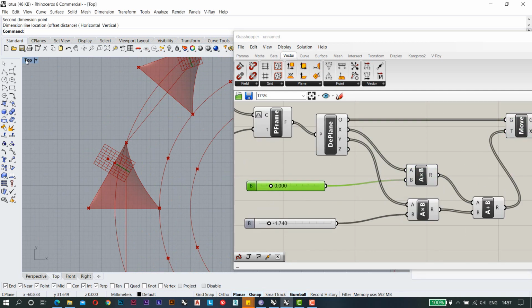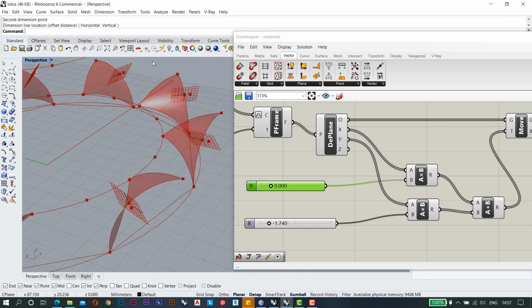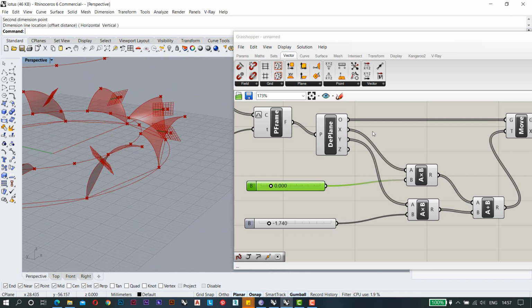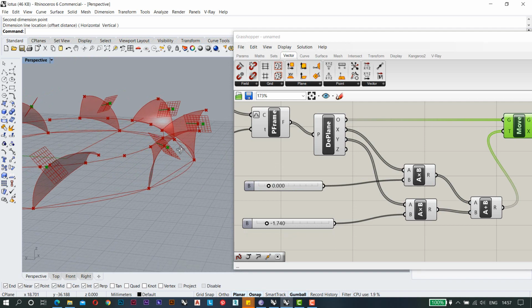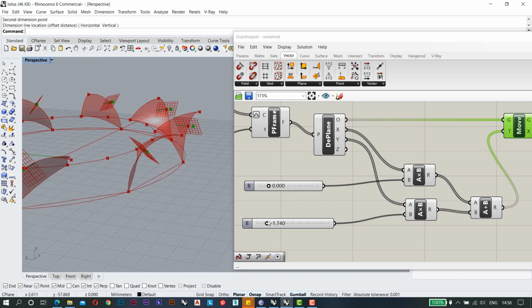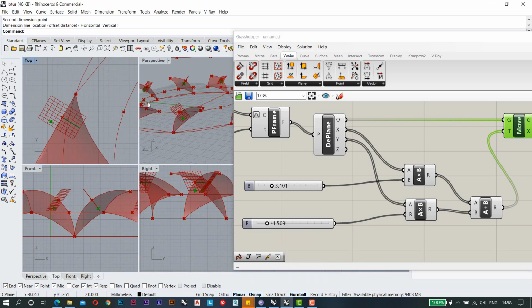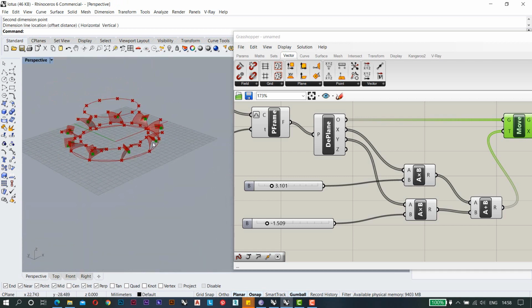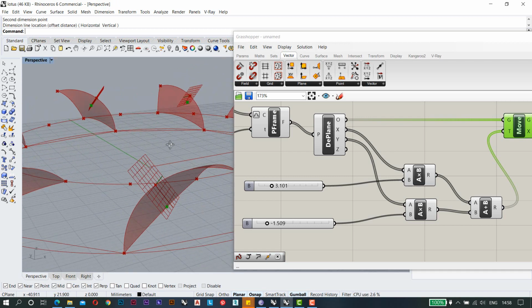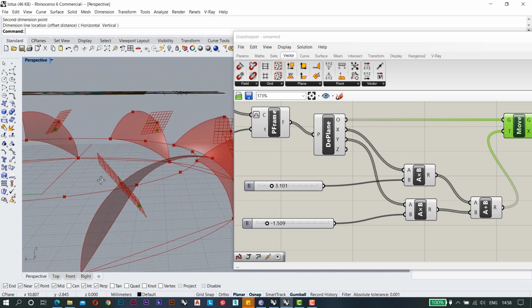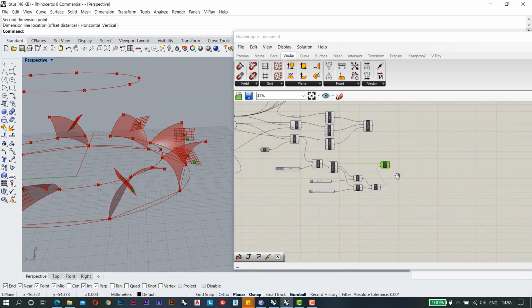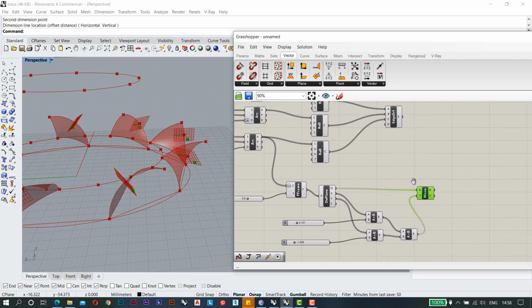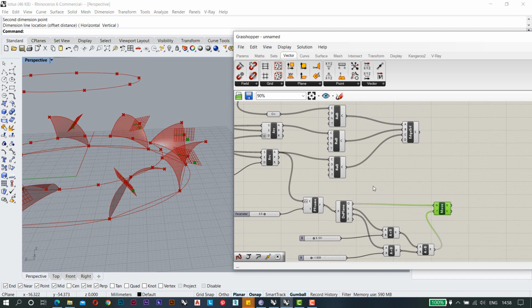So I will go to my, probably, so this is my point which is here, and I need to have it a little bit further down. So I will do it by this method, so it is going down now. So the better visualization will be when you use this point for making that arc. So this is the midpoint of that arc.